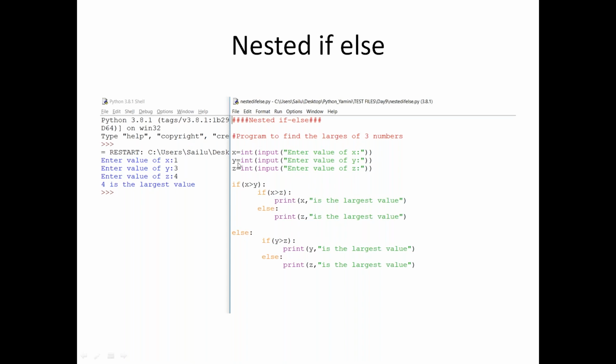So you have 3 values x, y, and z. Now out of these 3 values which are given by the user, which one is the highest? Whether the x value or y value or z value, I don't know, because the user can enter anything as they wish. So I need to use the control statements to decide which one is the highest. So first, I'm going to compare x and y. Is x greater than y or not? So if x is greater than y, and again x is greater than z, one more condition, then print x is the largest value.